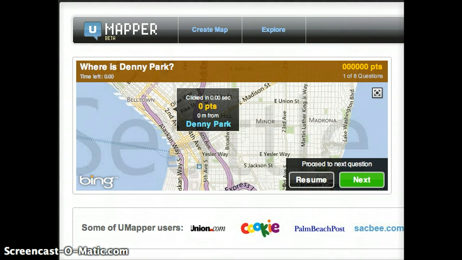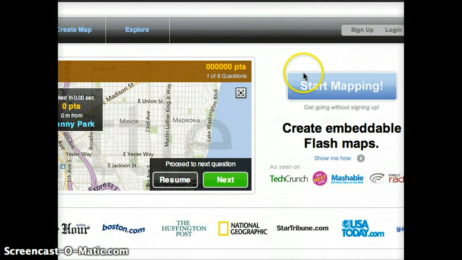This mapping website is called Umapper.com. It's a very popular website for making maps. It was featured in National Geographic, Boston.com, as well as the New York Times. So to begin making a map on this website, we scroll to the right side of the page and click